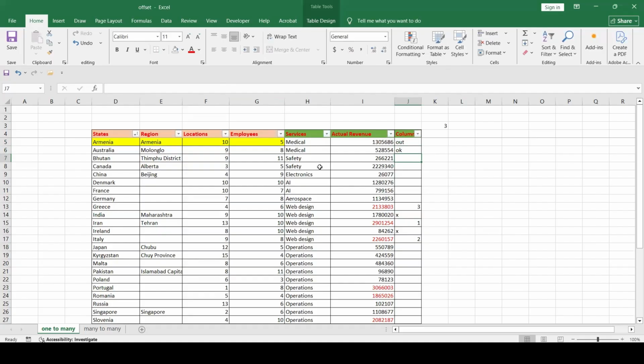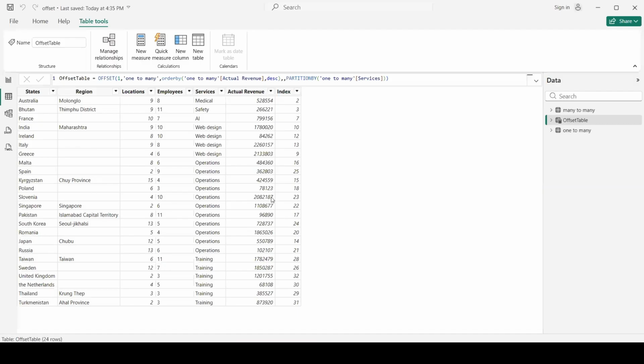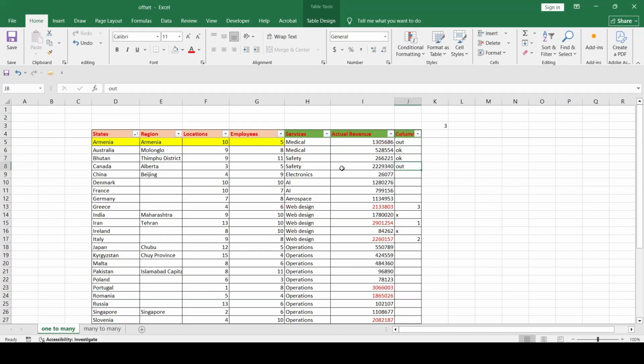So we say out. Then this is in our table. Okay. Then we have safety. The highest should be out, and then we just remain with the lowest one. So let's check safety with 266K. Safety 266K. IE, let's check IE. As you can see, the next one is electronics, but because it is only one value and our condition is to skip the first value, then this will also be out. And in case of IE, we will take the lowest, and the highest value will be out.